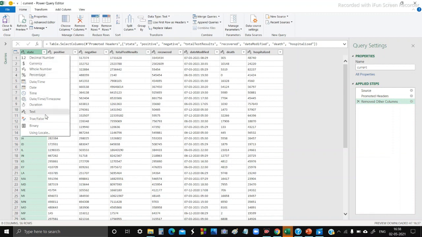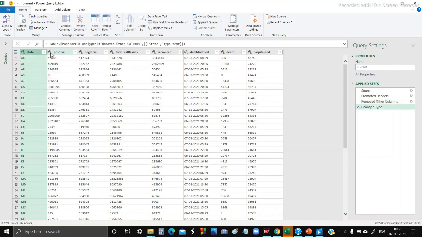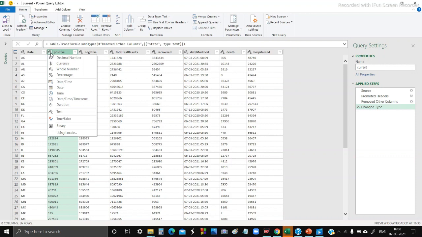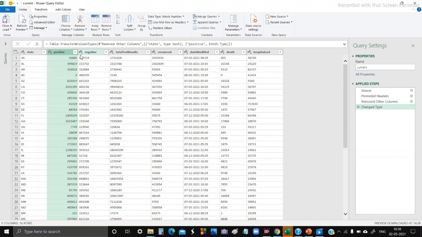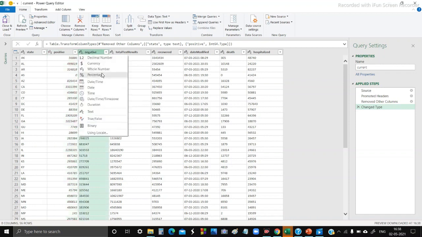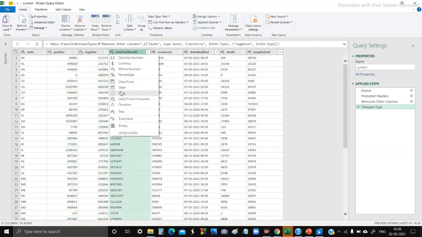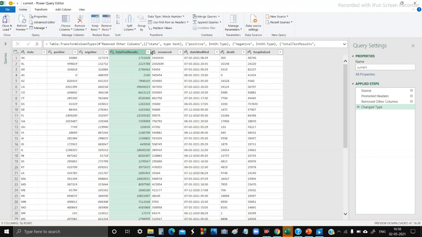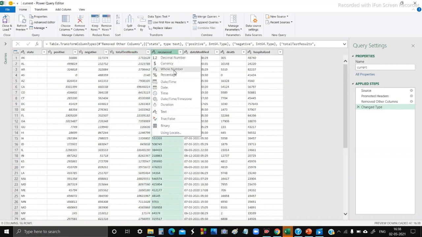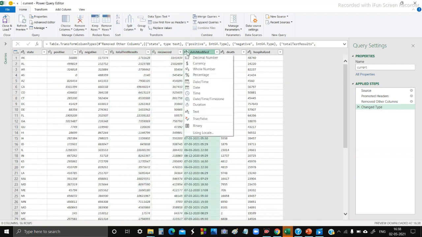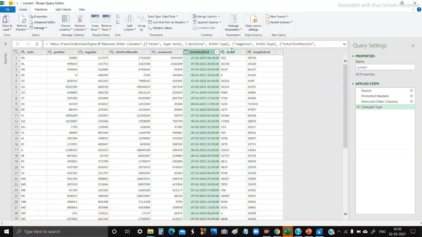For example, for state we are using text, so change it to text type and change other attributes to number type. Change date modified to date or time type.